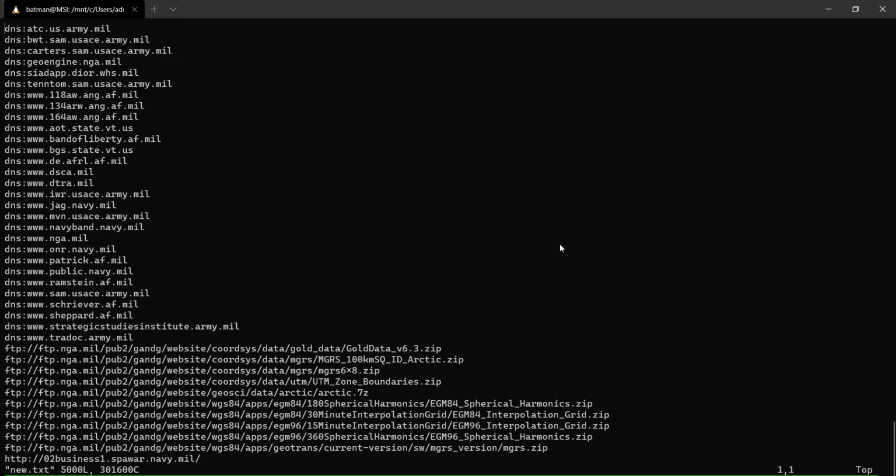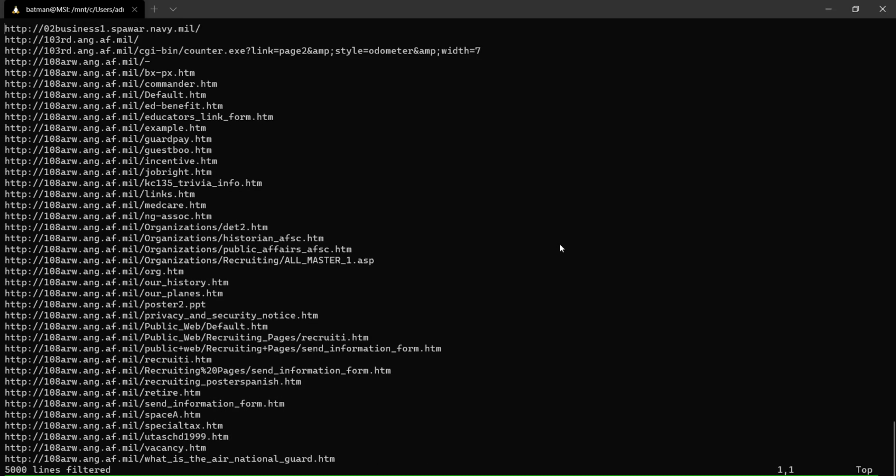Pressing colon helps you to enter any native Vim commands. There can be a trillion things you can do, but a colon followed by a percentage and an exclamation allows you to enter any bash commands just as if you are running it from the terminal, as you can see.